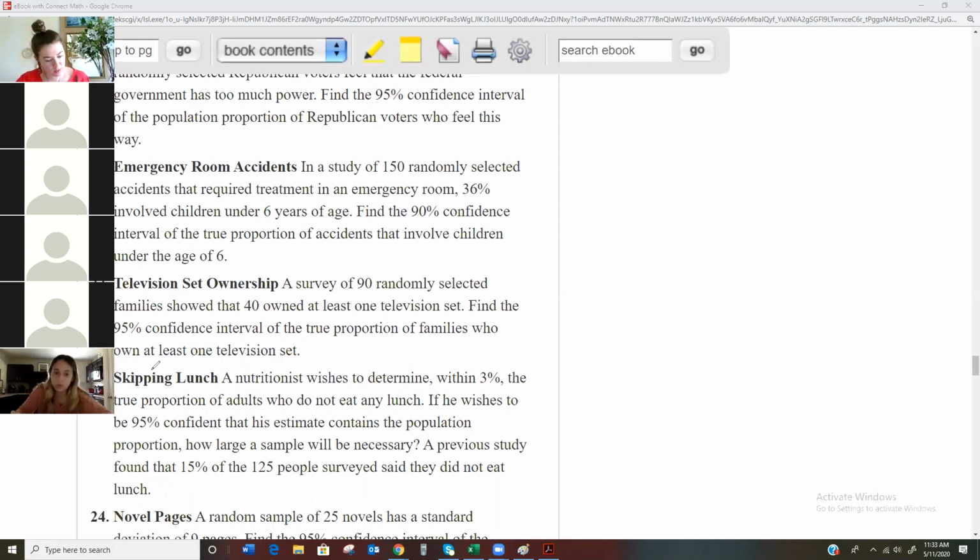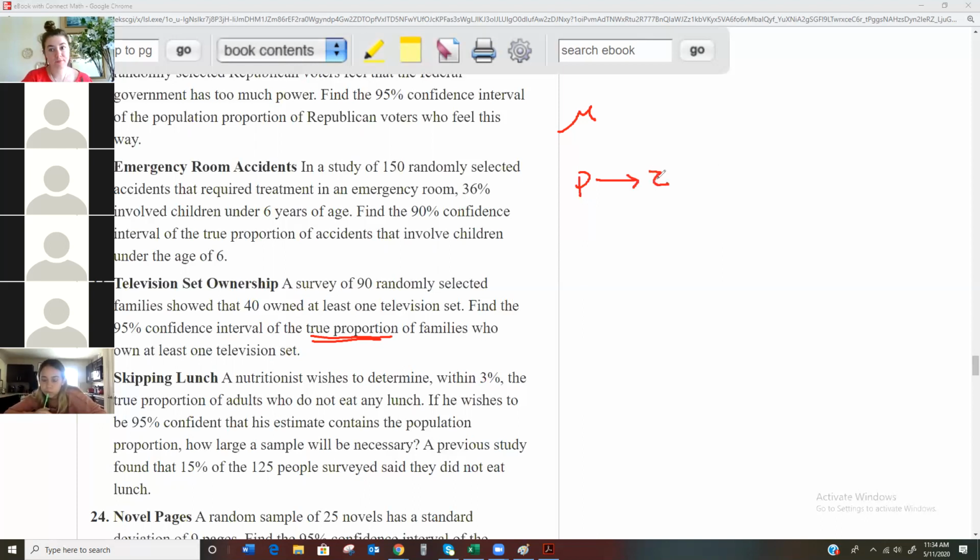Television set ownership: a survey of 90 randomly selected families showed that 40 owned at least one television set. Find the 95% confidence interval of the true proportion of families who own at least one television set. So what are we doing here? Are we doing a mean or a proportion? It says proportion, right? Yep. On most of the problems, it'll usually say, find the confidence interval of the mean or find the confidence interval of the proportion. So it's a proportion, and we're doing proportion. We always do